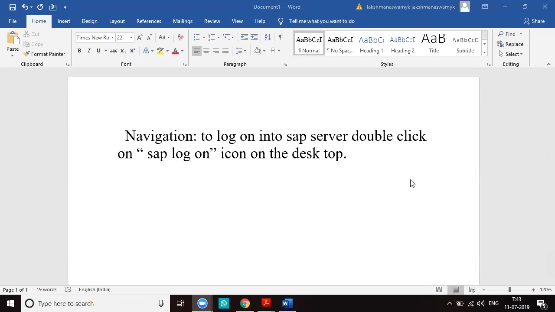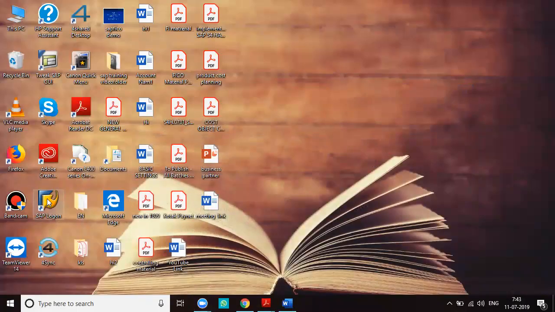See here, look at the screen everybody. This is called SAP logon icon. So this SAP logon icon is installed by Basis Consultant on the desktop and laptop of every employee. So today after the class, I will send you one small link. Using that link, you can download the SAP GUI program. That program is called SAP GUI program. So in the same mail, I will send you the instructions on how to set up this SAP GUI program. It's very, very simple to install. So you just follow the instructions given in the mail, then you will get this SAP logon icon on your desktop.